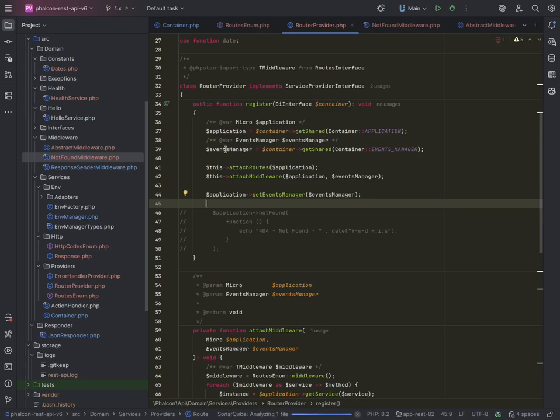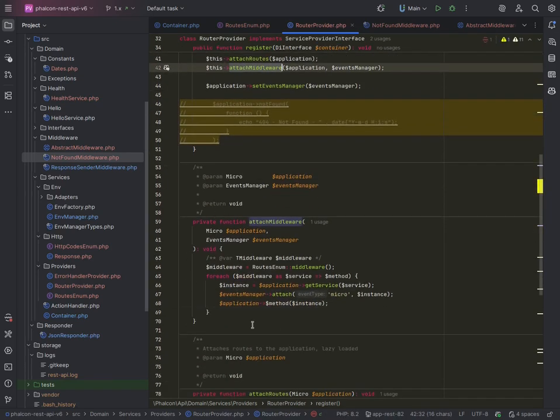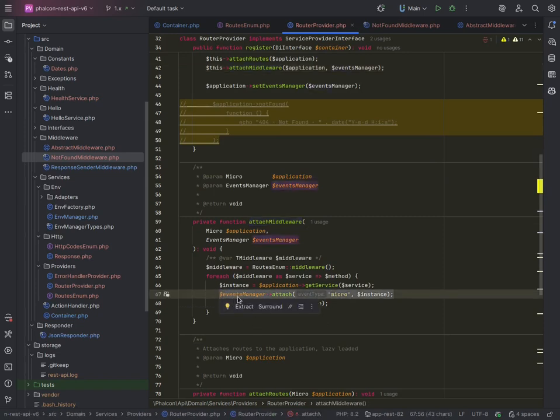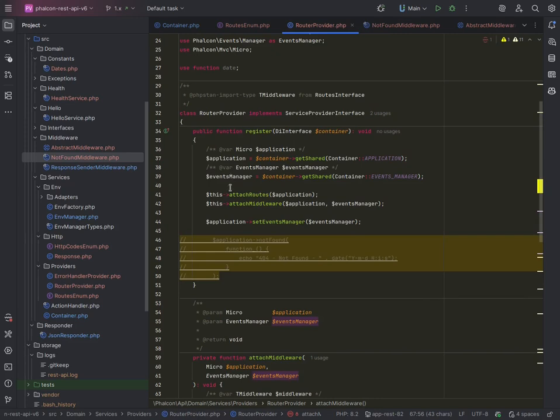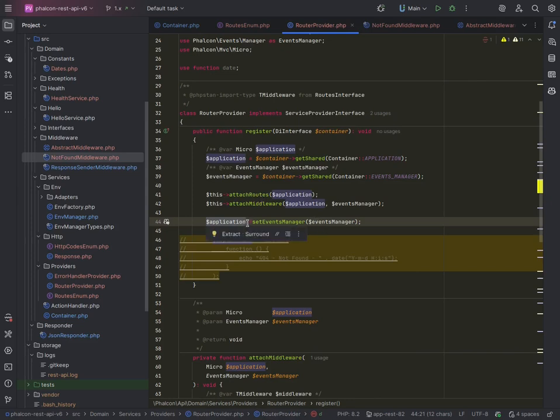So what we're doing is we're getting one brand new events manager, we're setting the routes, and then when we attach the middleware here, if you recall, we're doing this line. So we're attaching the events manager to the micro hook and the relevant instance that needs to be attached, but then we have to notify the application that you need to use this events manager, the one that we created. Once we do that,